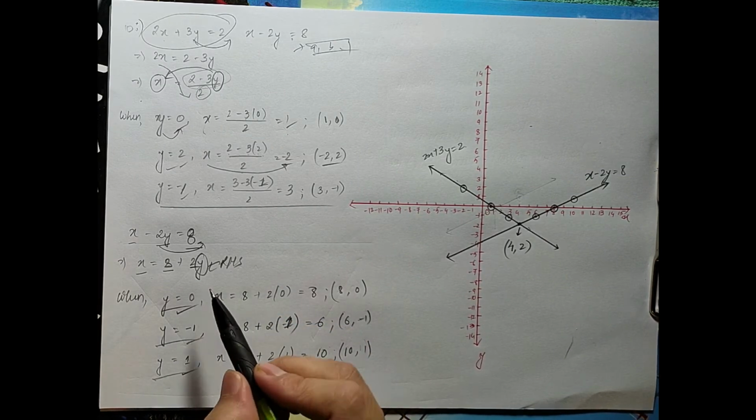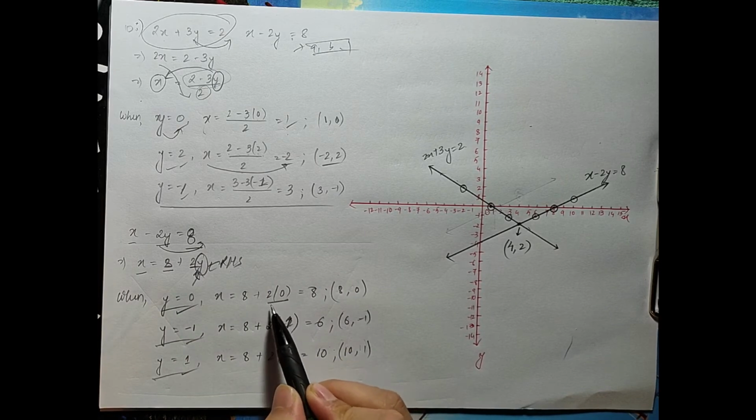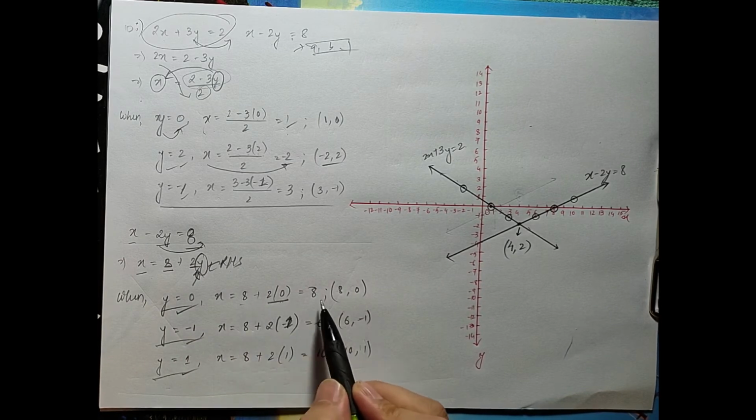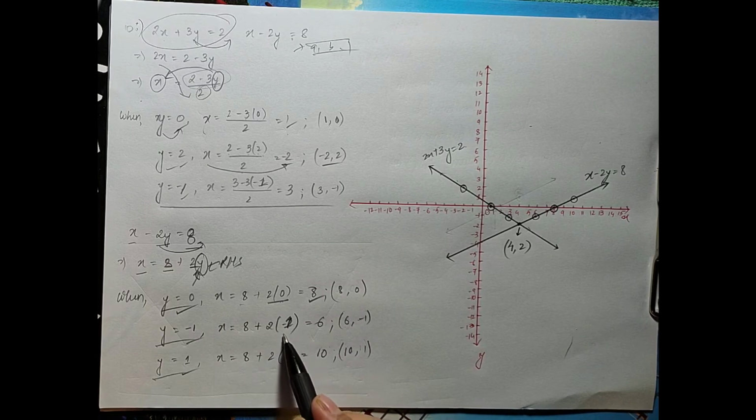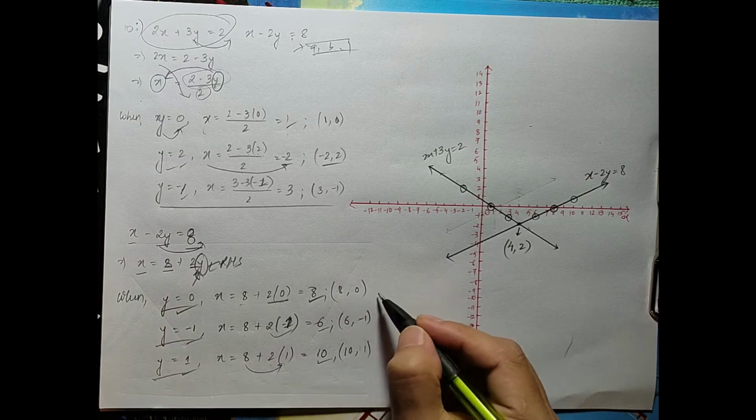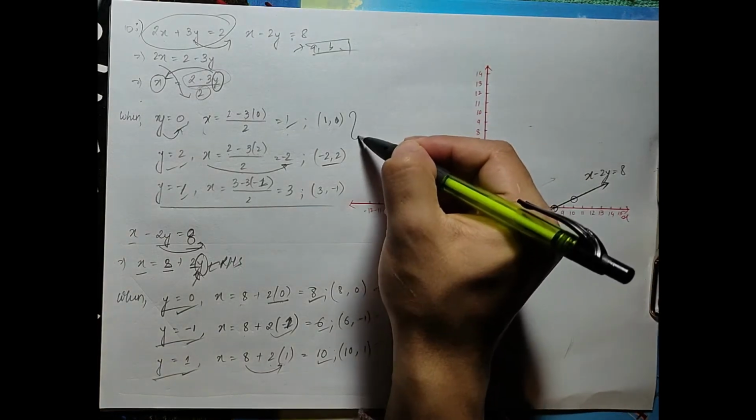So if you substitute 0 here, it will become 2 into 0, 2 zeros are 0, so it becomes simply 8. If you substitute minus 1, then 2 into minus 1 is minus 2, 8 minus 2 is 6, and if you substitute 1, then 2 ones are 2, 8 plus 2 is 10. So we get this coordinate. Now if you substitute this